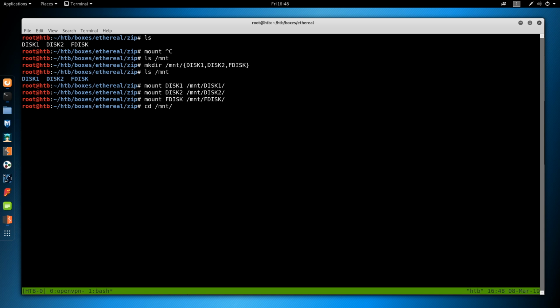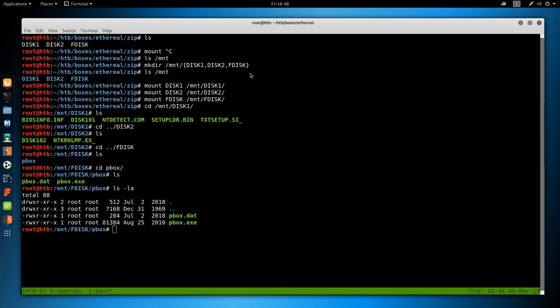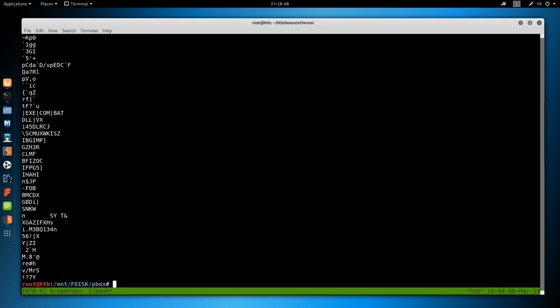So let's go and mount disk 1, and we just get booting information. Disk 2, nothing interesting, and fdisk, there's that pbox thing. So PasswordBox, and it's an executable. If we do ls -la, nothing there, but if we strings these,